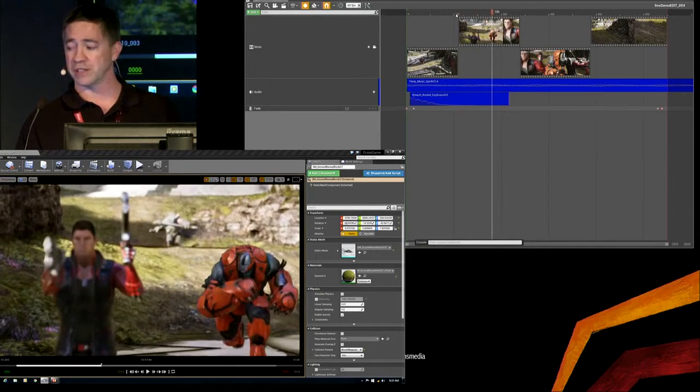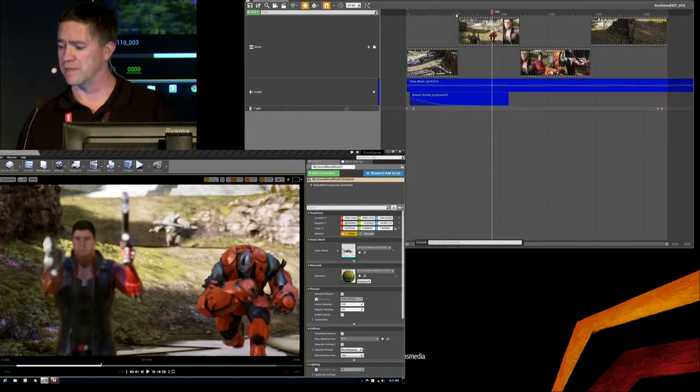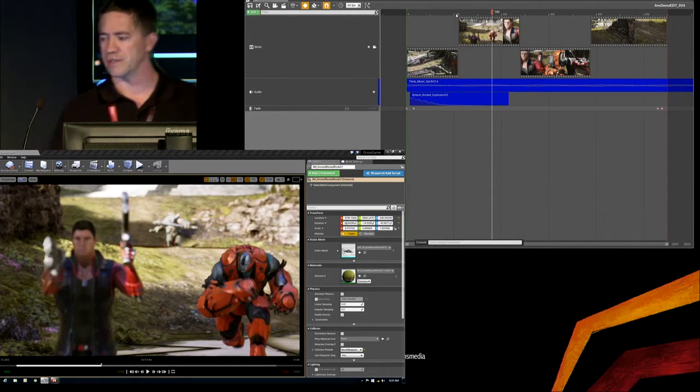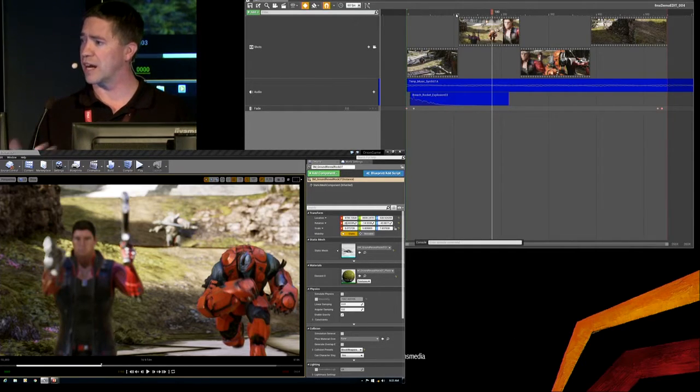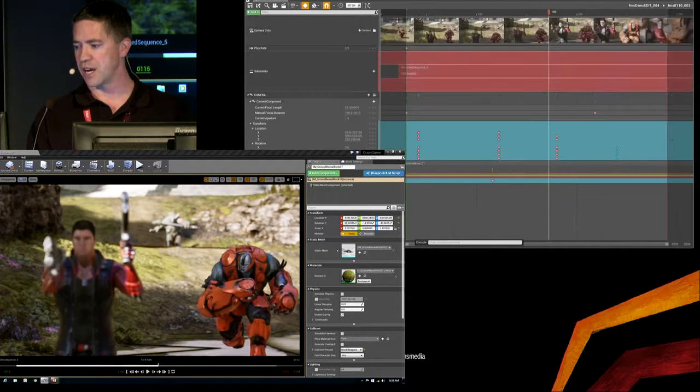So that's one thing, especially working on the Paragon trailer, that we had to fight with, because it was on all this uneven terrain. And as Kim said, we used the replay system to black out some of those shots. This is the next evolution of that. So we're going to do something pretty cool here. We're going to go into the shot,